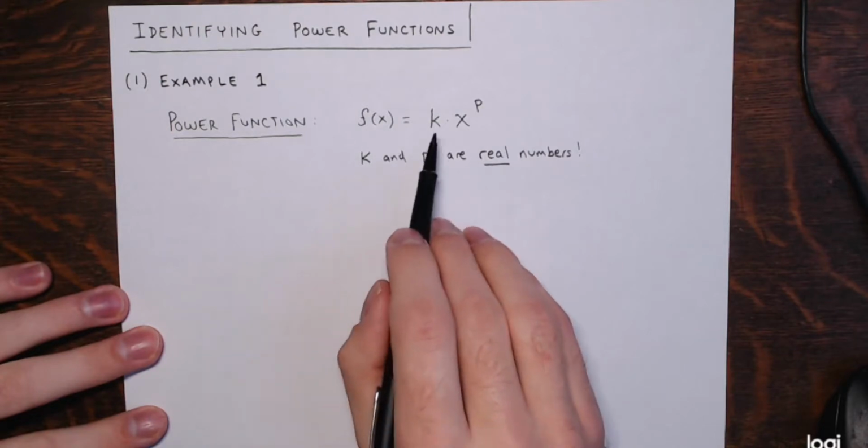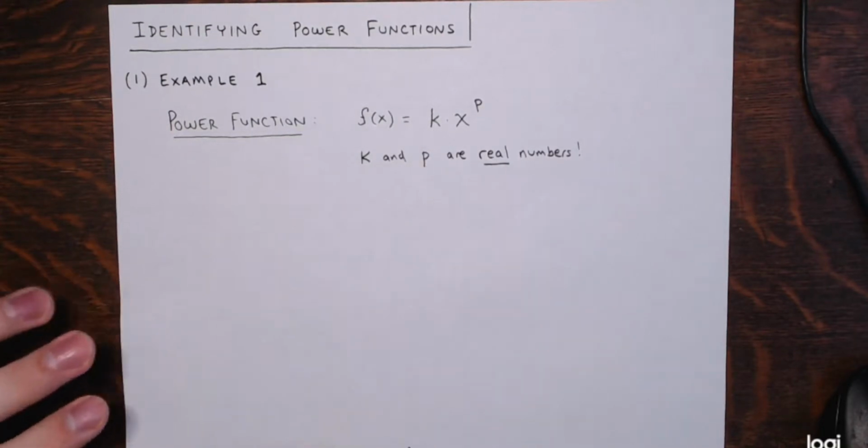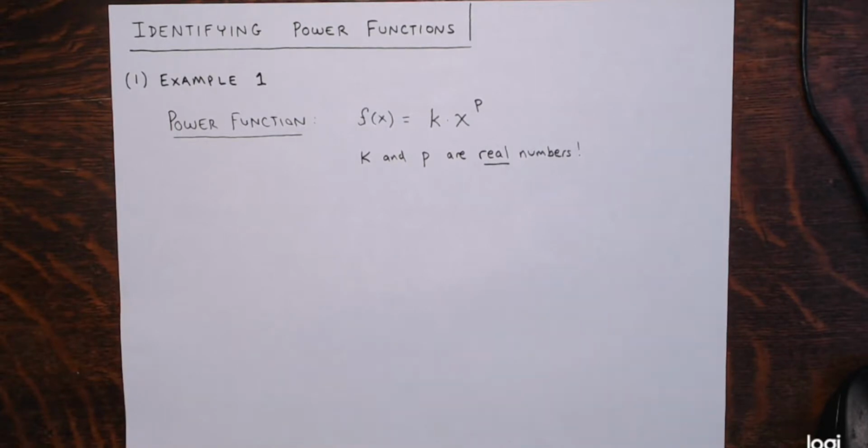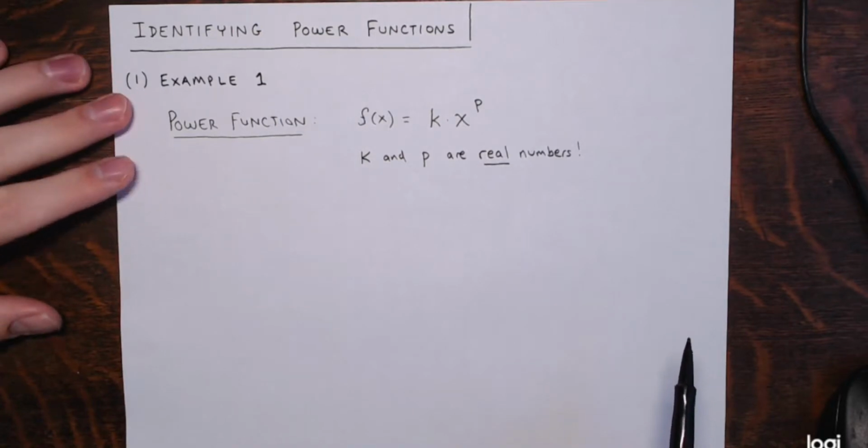I guess 0 would be included in there. If k were 0, you have y equals 0. That's just a horizontal line, right? That's the x-axis. Alright, so for example,